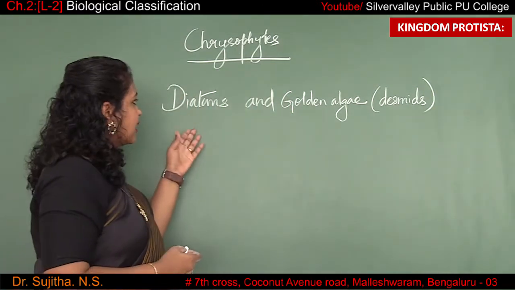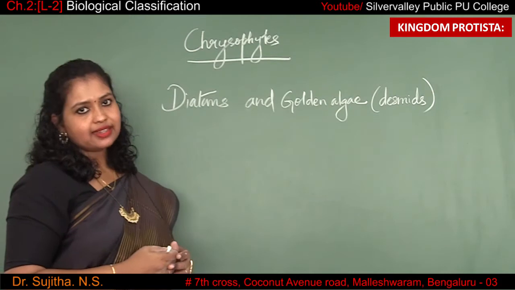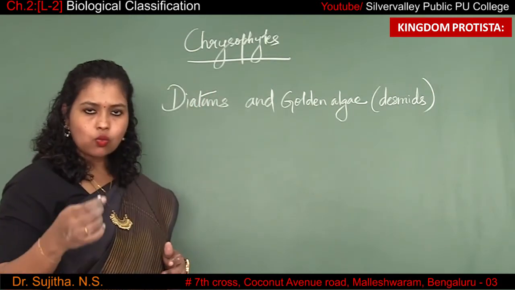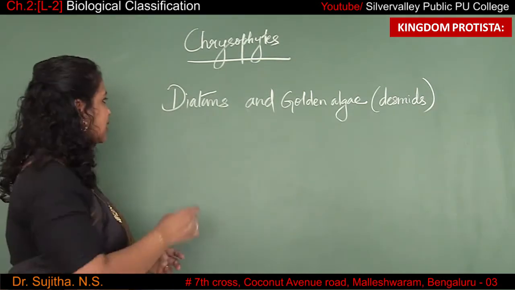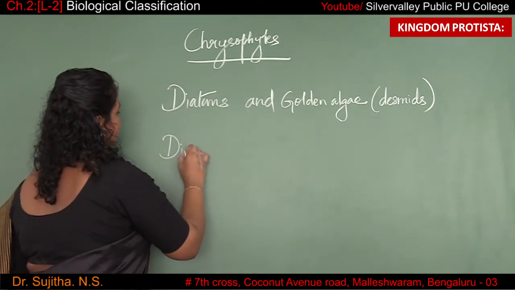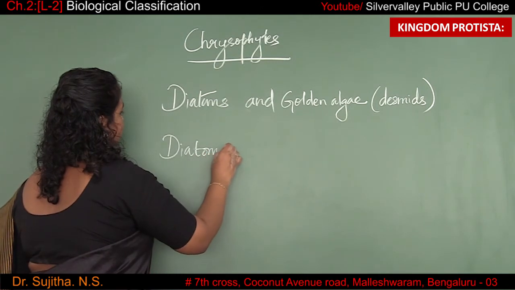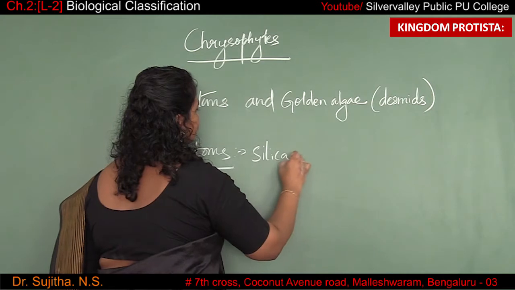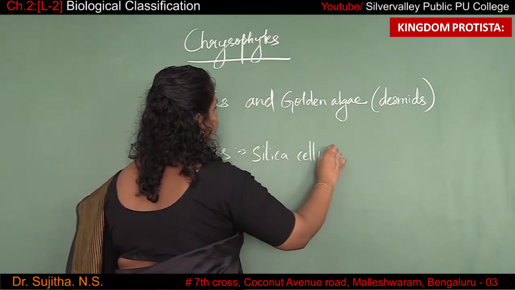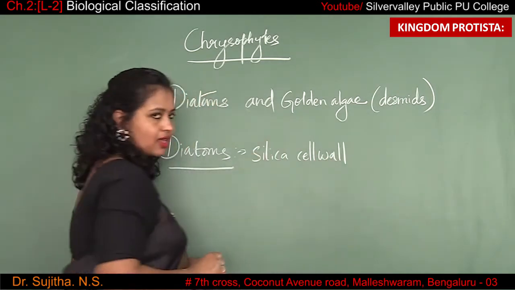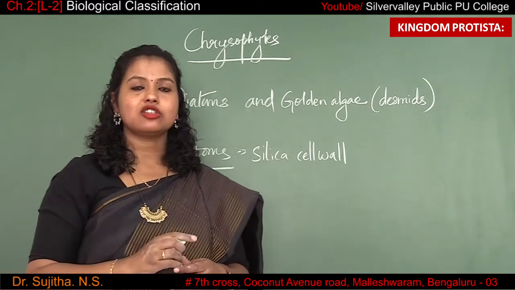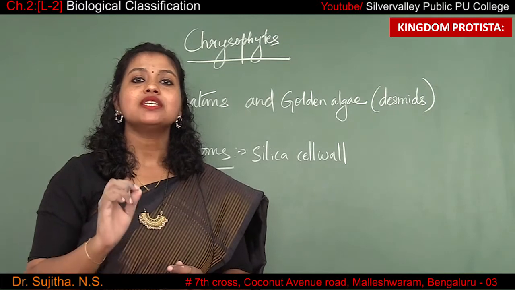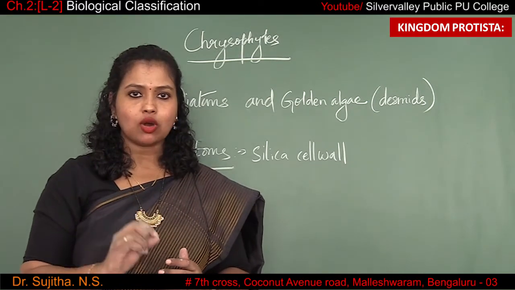So, diatoms and golden algae are the examples for the Chrysophytes. Now what are diatoms? Diatoms have a silica cell wall. The cell wall or the covering of the diatoms is made up of silica, and as you all know,